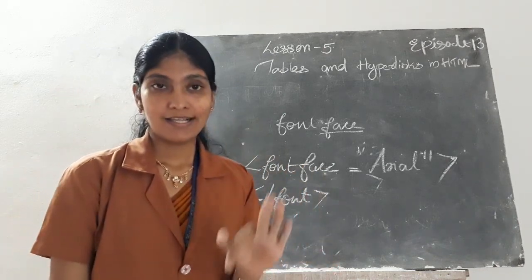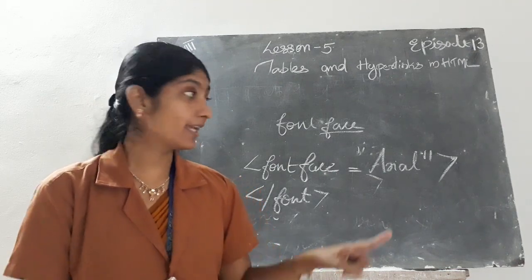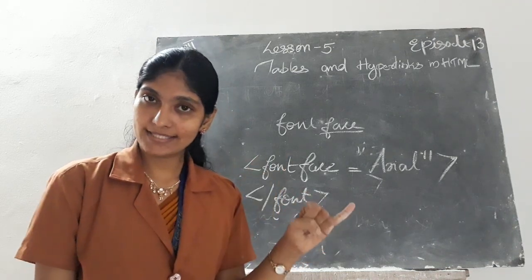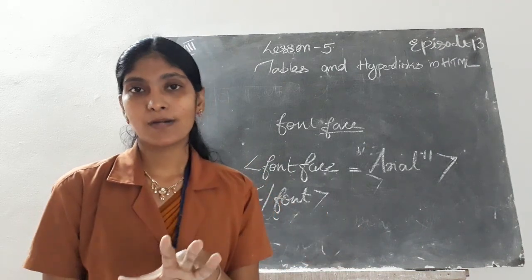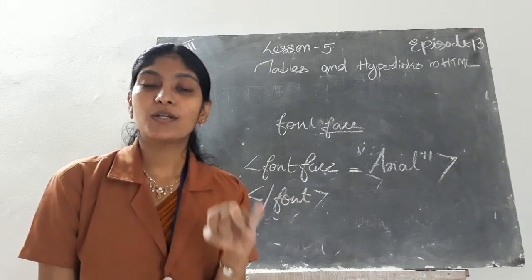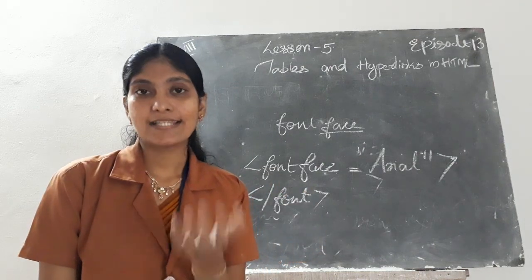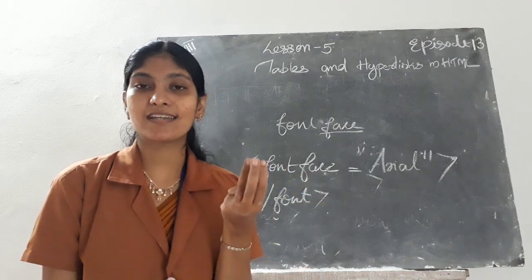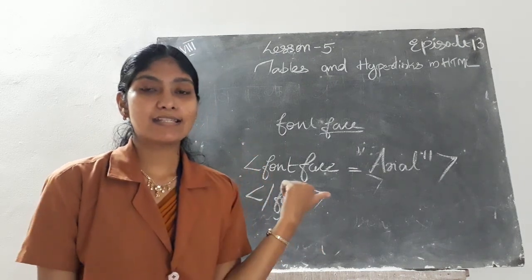So now let's discuss the break tag. But before that, once again, what are the 3 attributes in the font tag? First one, font color: font is equal to, write the color you want to apply for the text. Second one, font size: font, then write size equal to, enter the number you want to apply for that text. For example, it ranges from 1 to 7. You can select 1, 2, 3, etc. up to 7. Then next is font face.